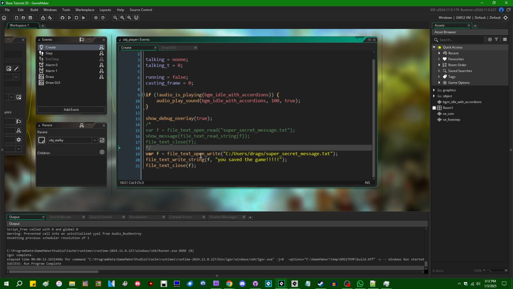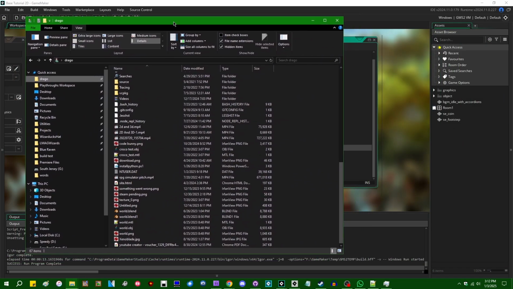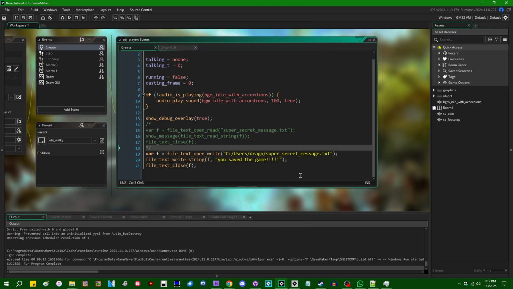I kind of wish it did error so that you could actually know if it didn't work. But anyway, if I go back to my user folder over here, the file which I attempted to write does not exist, so there is no text file that says super secret message or anything like that. It just silently failed, which I'm not thrilled about, but it does illustrate the point that if you try to write to a file from outside either the file bundle or the save area,